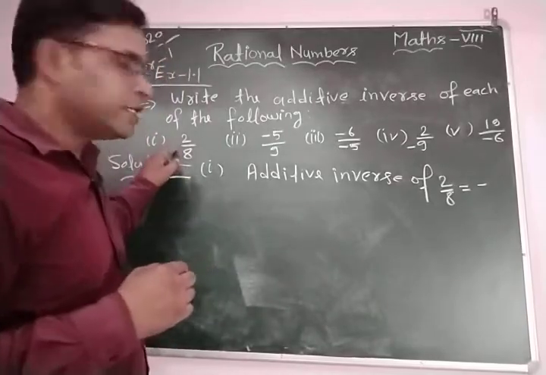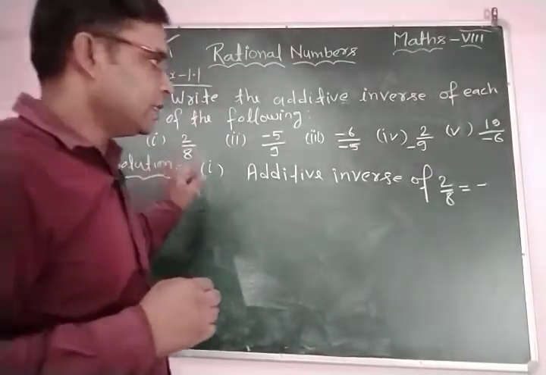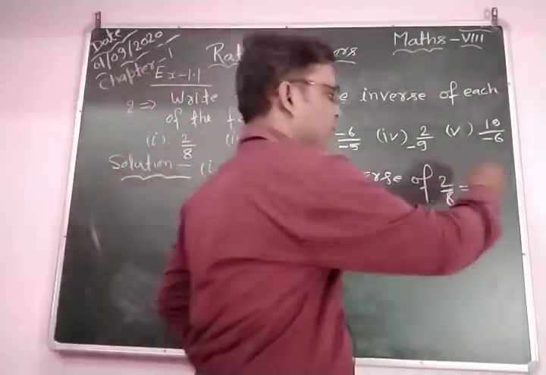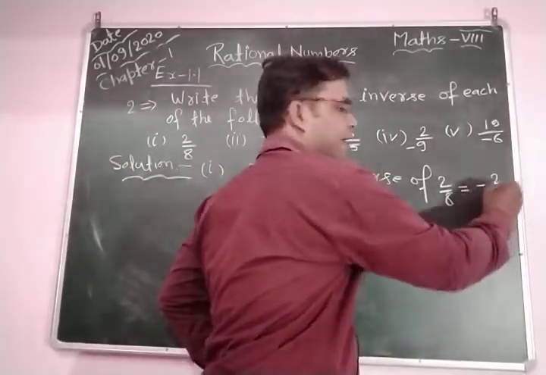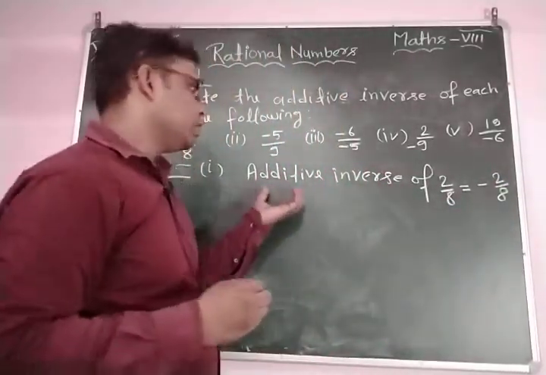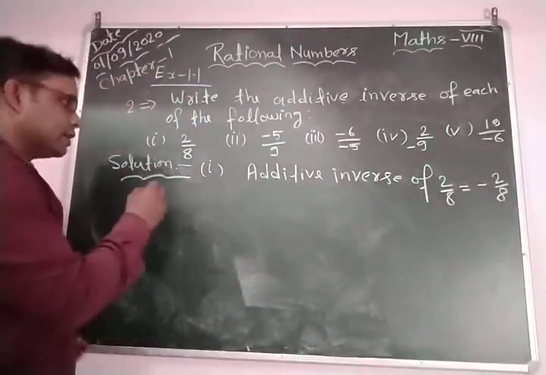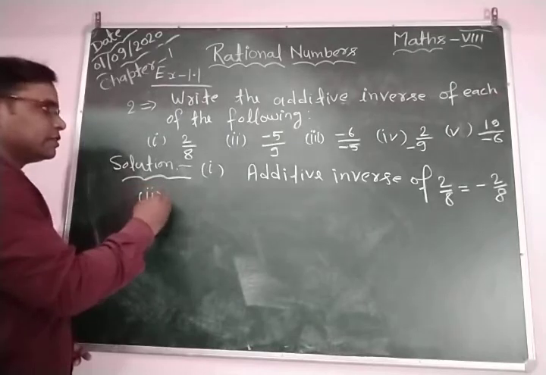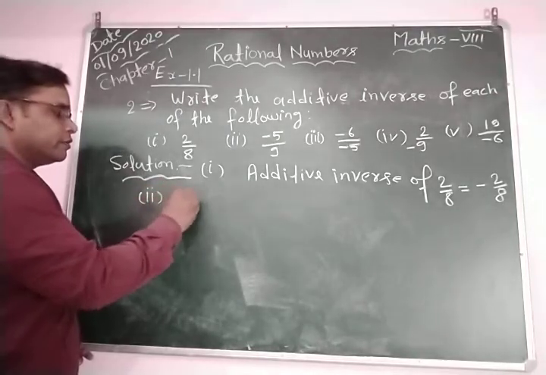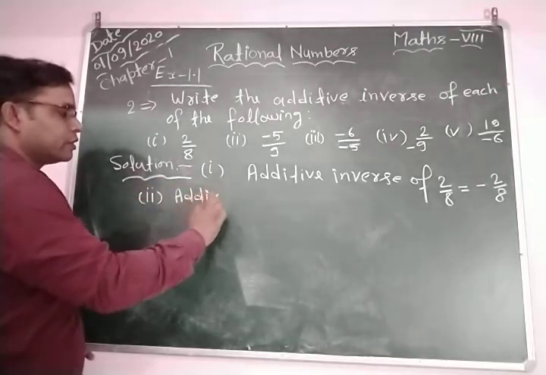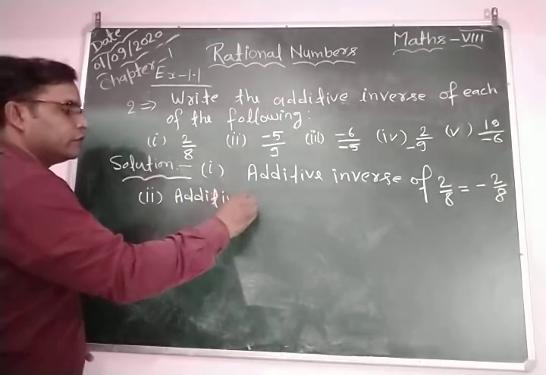Here 2 by 8 is positive, so we can write it as negative 2 by 8. Okay, the additive inverse of 2 by 8 is equal to minus 2 by 8. Clear? And the second part, you can write the additive inverse